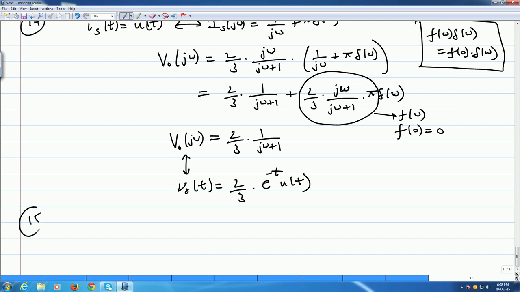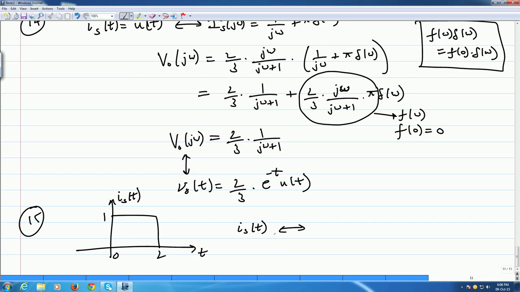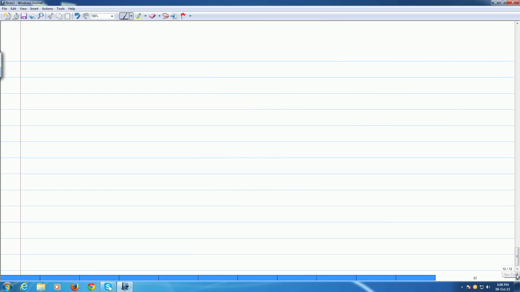Okay. The last question is 15. Here again is of t is given as a signal like this, 1 from 0 to 2. This is is of t. So, once again one can find the transform of this. It is possible to also do this problem in another way. If you want, you can do the transform, so you will get is of j omega, okay, and then from there you can proceed. So, this will actually be a shifted form of a square wave. If you want, you can use that and do it, but there is a simpler way to do this problem,